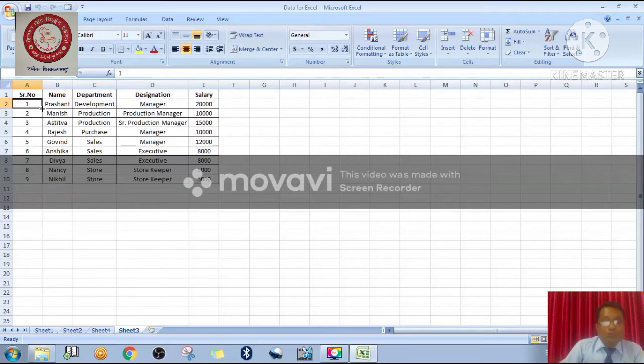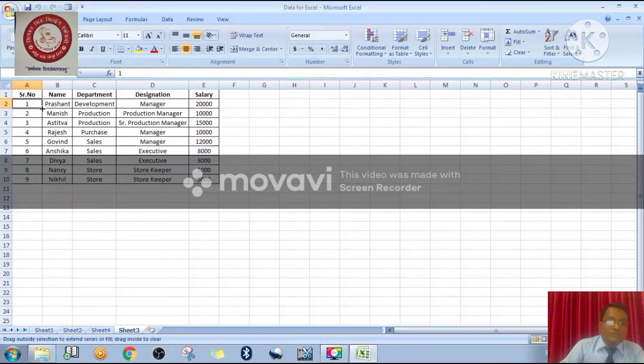Once it changes into the plus sign, you have to press the mouse button and immediately drag your mouse, and after a few seconds you release your mouse button. Once you're satisfied that you have copied your data to the particular cell, then you release it. Now I have pressed the mouse button.